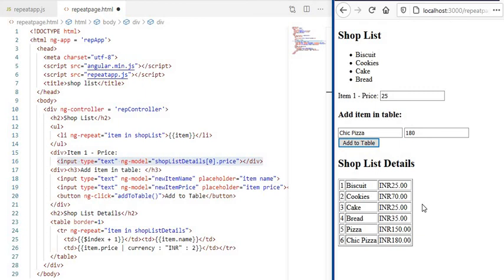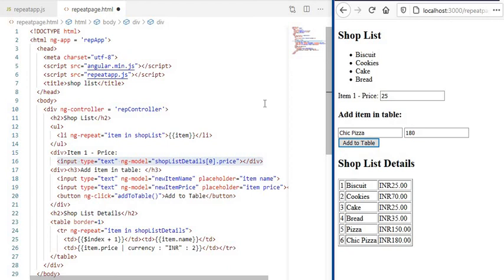Similarly, you can use this with any HTML components, like even select options. You can also use ng-repeat with ordered lists and unordered lists. Wherever you want, you can use this ng-repeat Angular directive properly. Hope you all understand this. So with this